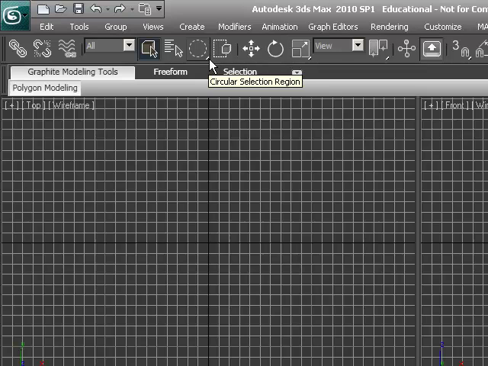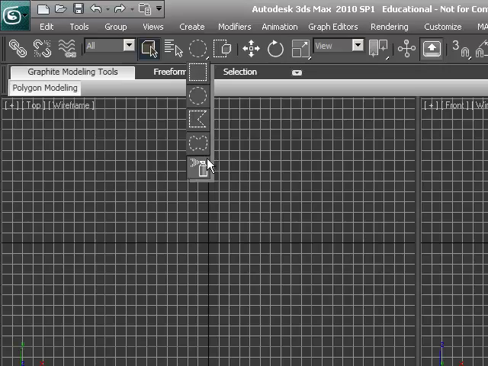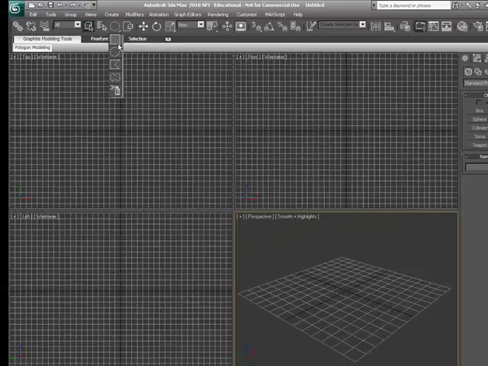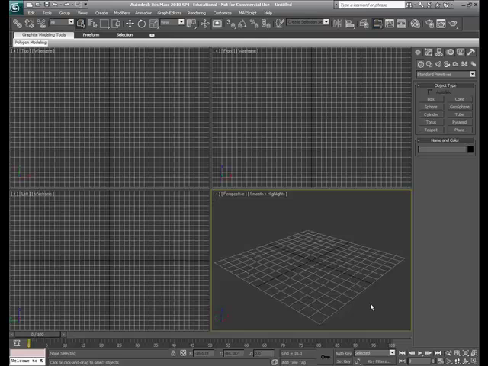have a little check mark in the bottom right hand corner. That means there's a pull down menu. So if you click on this and hold your mouse on it, you're able to do different selections. So this first one is, if I click in any window here and drag, you'll notice it does a square. If I hold the button and do the circle, it does a circle. If I hold the button again and go further, I can then click and actually draw pretty designs and select